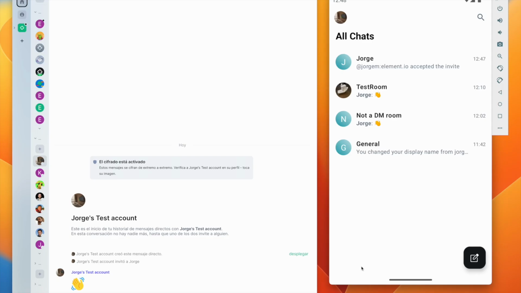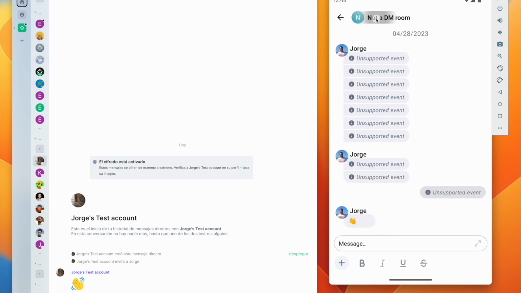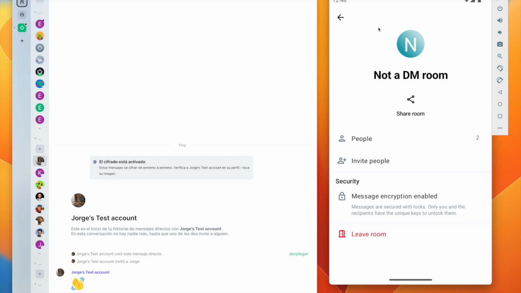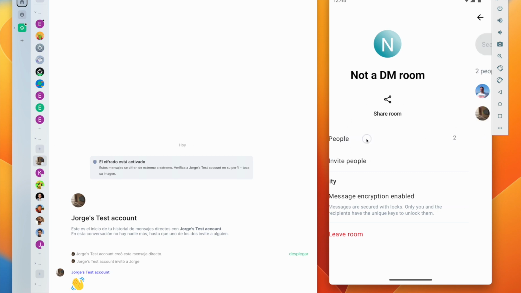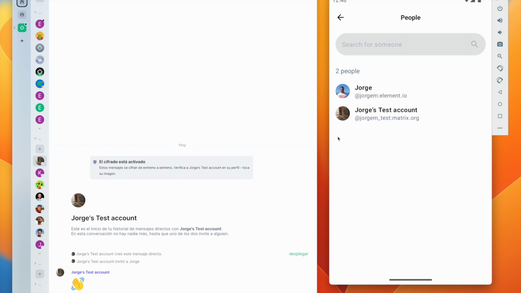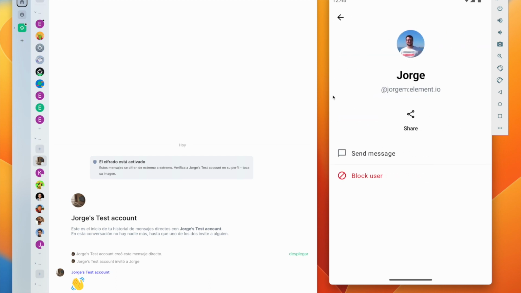In this demo, I want to showcase some of the new features that we built for Element X Android. We'll start by going to a room. There's no DM. And go into the settings, and we'll see a new room detail screen with a more prominent share room action. We can see how many people are in the room, and if we tap on that option, we can see a new list of members of the room. And we can go into some of them, see their user details, share the ID, a link to their profile,